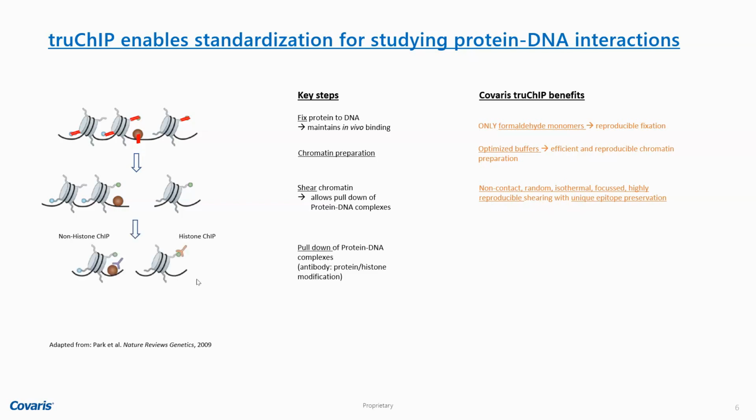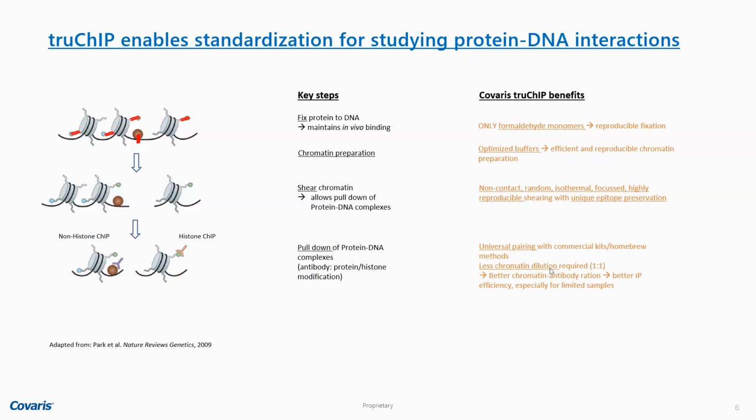After this, you need to pull down your protein DNA complex. And here, the Covaris kit has a universal pairing with any commercial or homebrew method. So you can use our sample preparation independent of the workflow you want to use downstream. And one advantage of the kit is that you need to dilute your chromatin less than with any other method,